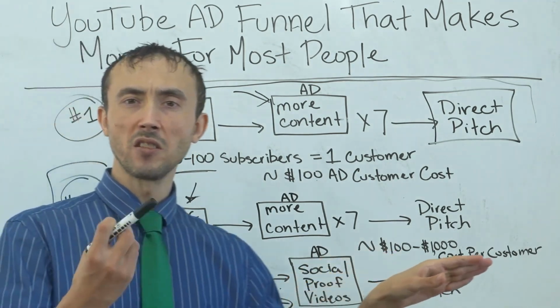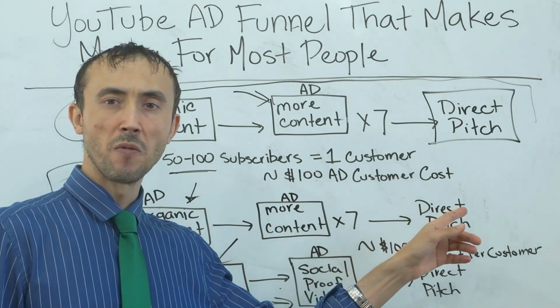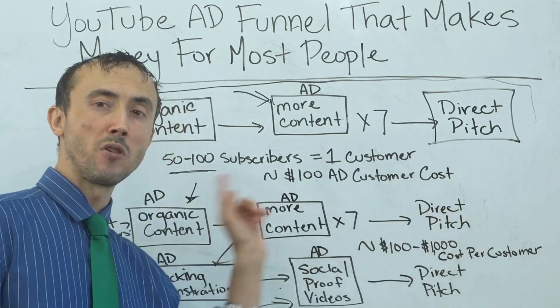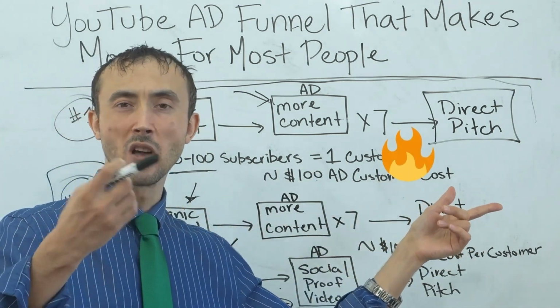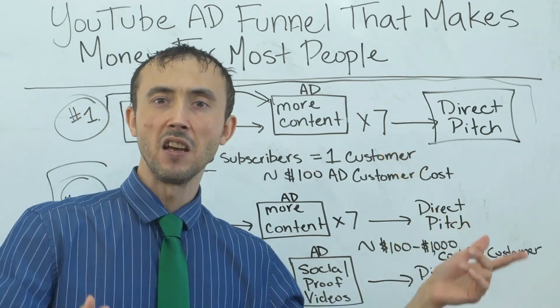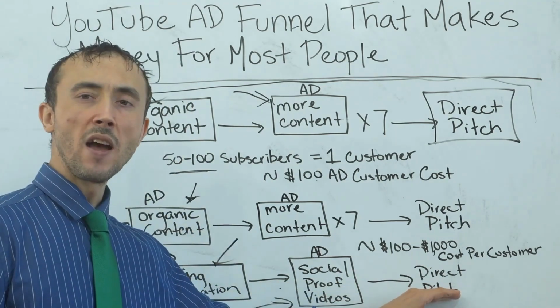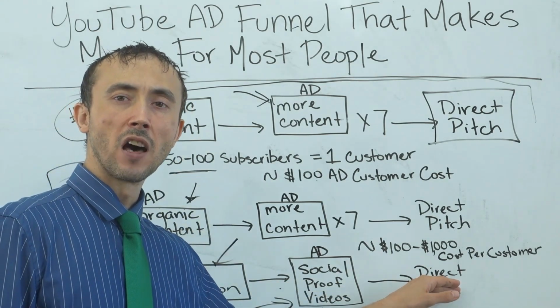If somebody wants something generally speaking enough, you don't have to play this let's get trust with information first. You use that when you're selling something that's more like a commodity, because there's no way to sell a commodity to somebody unless they already have a connection with you first. That's the third way that you can run a YouTube ad funnel that'll work for you.